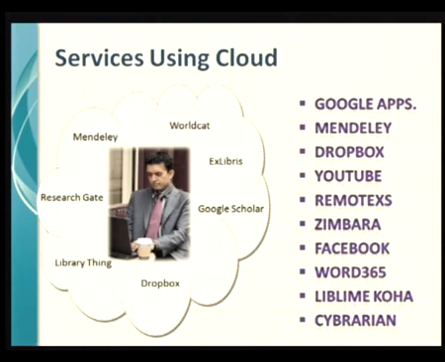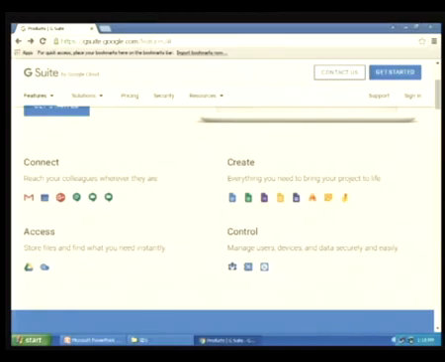Likewise, services using cloud, you can see here, Mendeley, WorldCat, Google Scholar. Most of the PhD students, you are using Google Scholar. So the Google Scholar platform is offered through the cloud platform, like Dropbox, ResearchGate. And then this is what I was telling you. This screenshot I had taken from Google. Here you can see connect, access, and then create and control. So connect is nothing but Google, like mail. M means in Google it is mail. Likewise, calendar here it is. G plus is there. Video is there. All these applications they had grouped into one particular category called the connect category.